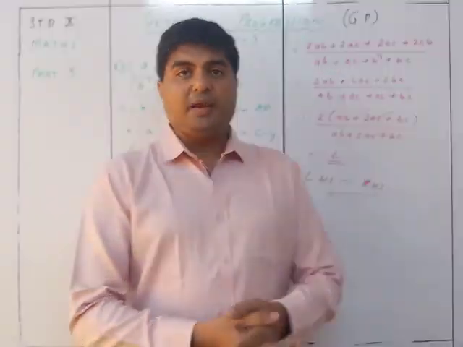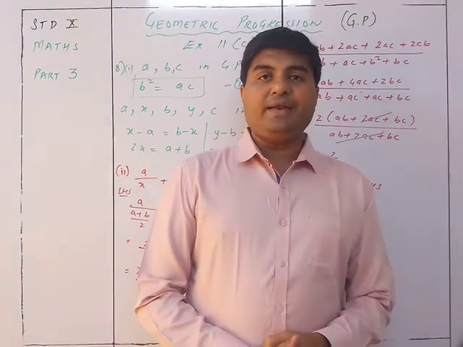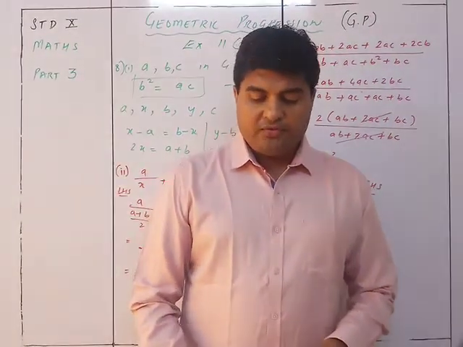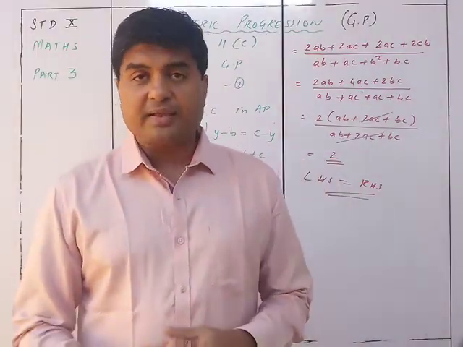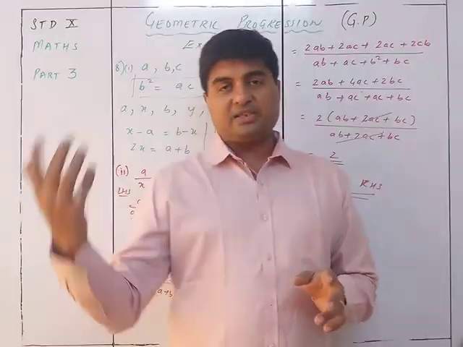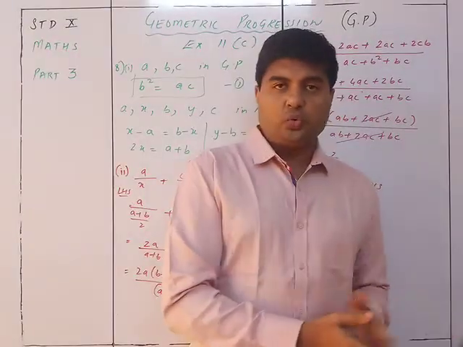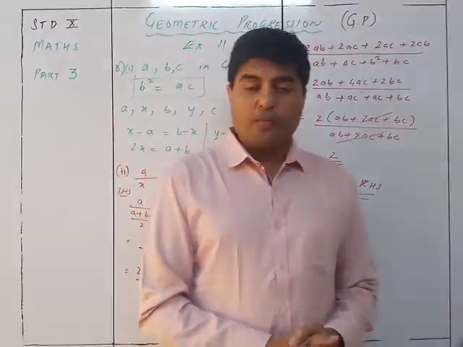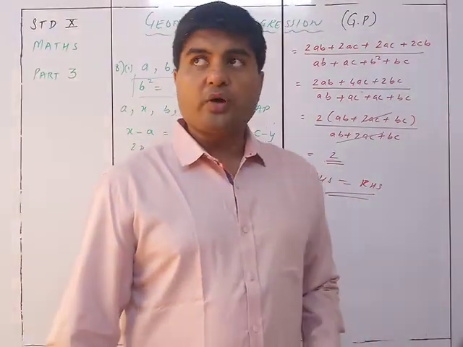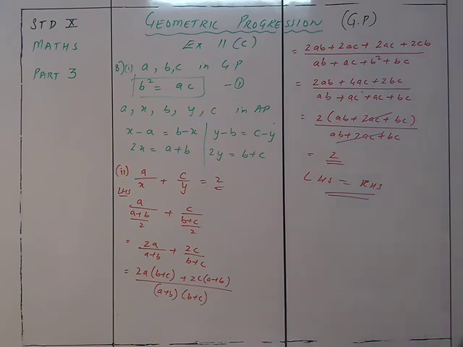Now comes the main part of the chapter, and that is the sum of the n terms of the GP. So if I want to have the n terms, suppose it is 2, 4, then 8, and then 16, and I want to add them up, 16 plus 8 plus 4 plus 2, then what is the formula I am going to use? So that is what you are going to take up in the next exercise. So let me see. I can continue in this particular part, or else I'll just make another video.